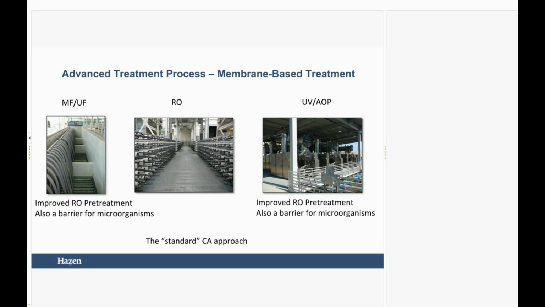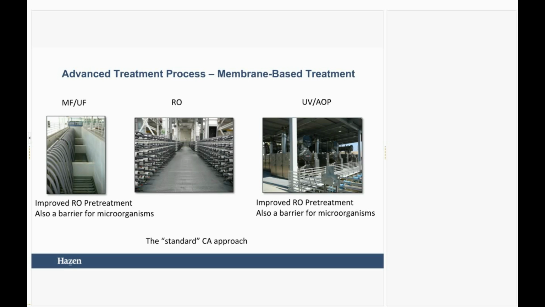Again, the Groundwater Replenishment Scheme has the advanced treatment process, which we call the membrane-based approach, or sometimes you'll hear it called full advanced treatment here in the US. That's MF, RO, and UV advanced oxidation, which is a high dose of UV with an oxidant like hydrogen peroxide or chlorine. That is there to take up some trace organic material that was found persistent in California, nitrosamines or